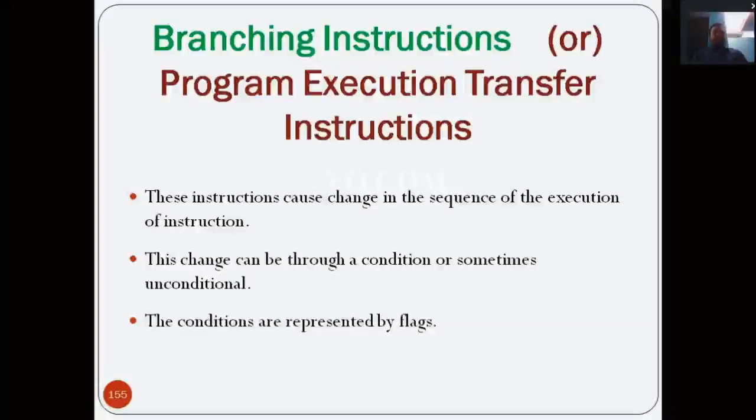The condition is represented by the flag registers. So the branching instruction can transfer the execution to a different location. It is of two types, conditional and unconditional.